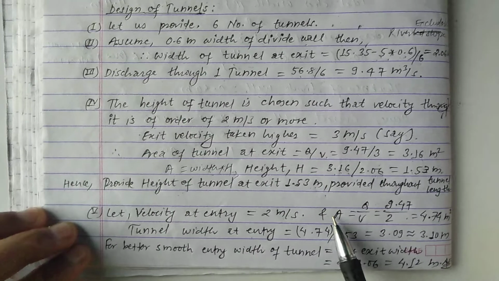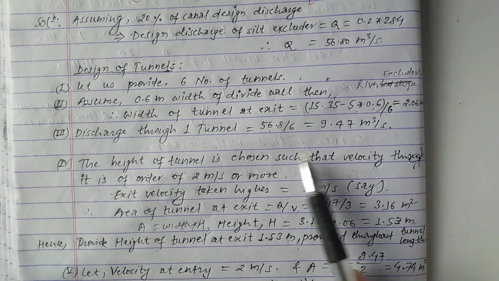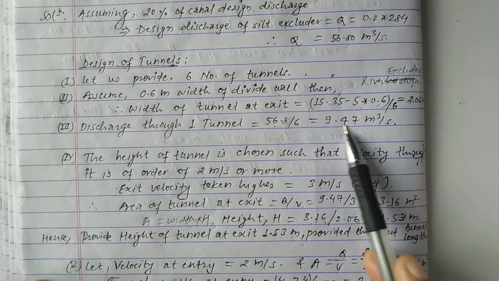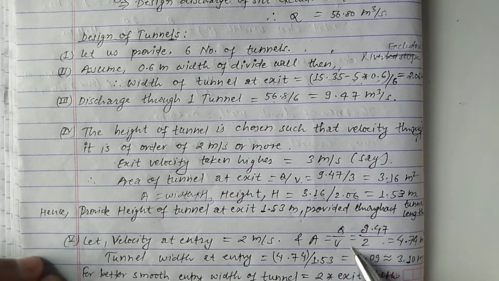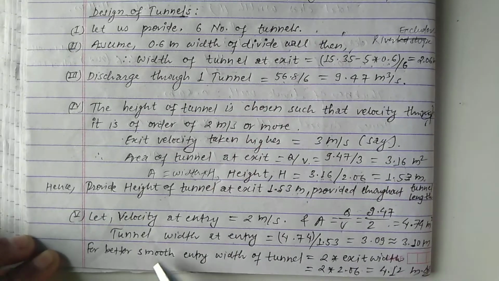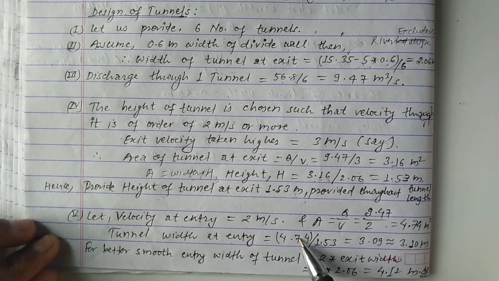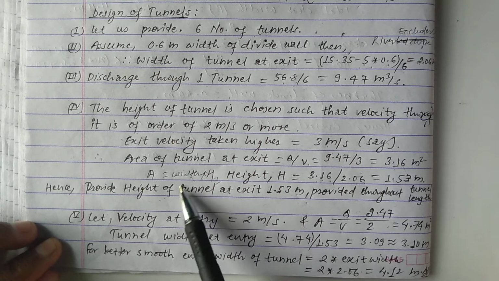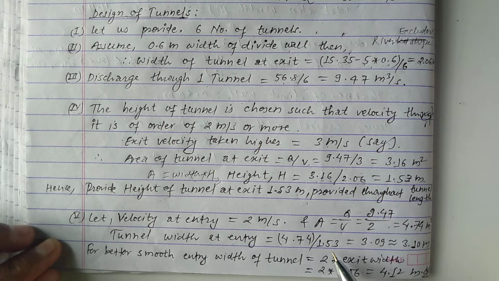Then we can calculate the area equal to Q by V. Q is already calculated, that is the discharge for a single tunnel, 9.47, divided by the velocity taken as 2 meter per second, so the area becomes 4.74 meter square. Then the tunnel width at infinity is the area 4.74 divided, as we calculated previously, by